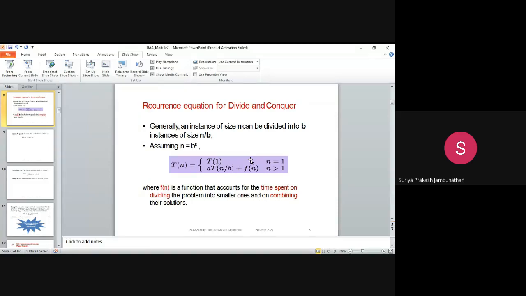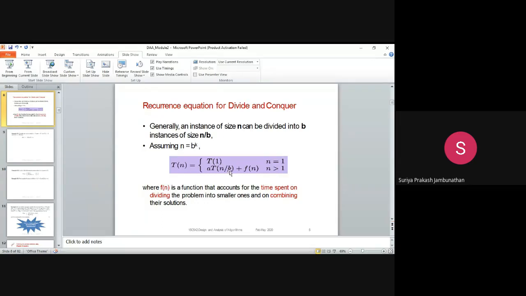So with the use of that, they are finding the recurrence equation for divide and conquer. T of n will be T of 1 if n is equal to 1. So if there is only one element, the time complexity for that value will be T of n. We have one element, which will come as it is. For that, we apply the n value as 1, so they are substituting T of 1.